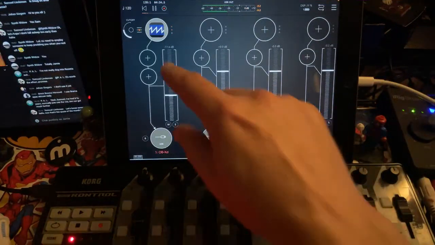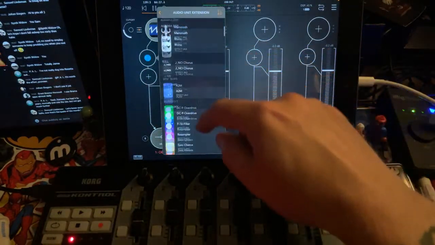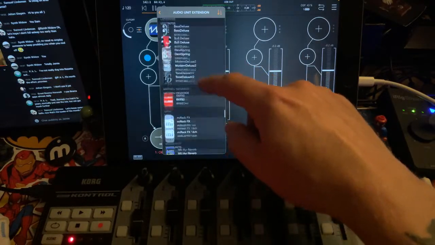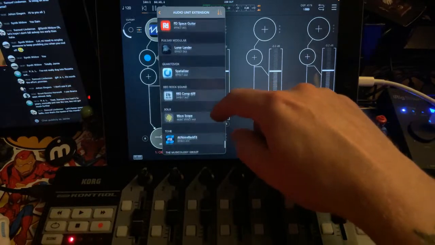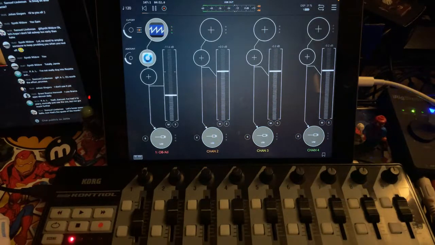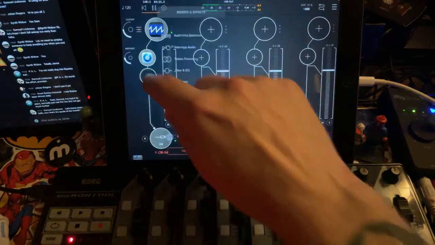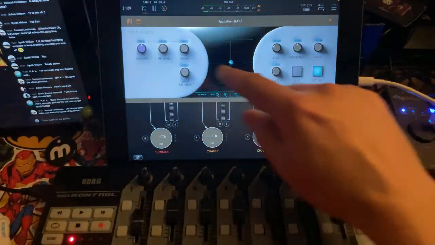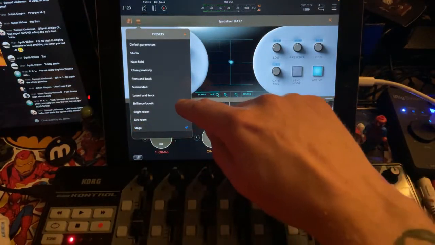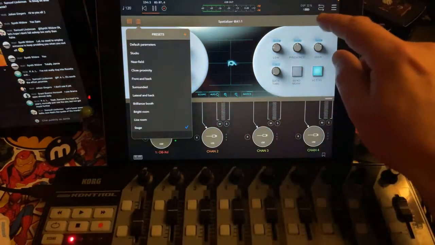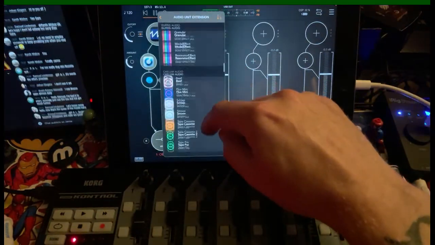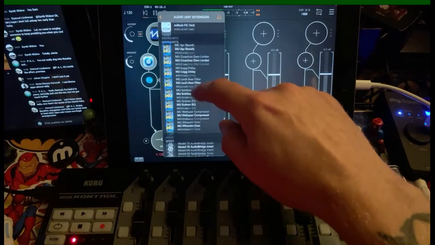Right, now I'm going to throw on some effects here, and this might be a bit predictable because God knows I use it all the time now, but I'm going to throw on Spatializer, and you will just have heard exactly why. I think maybe Stage, and then let's also grab a nice